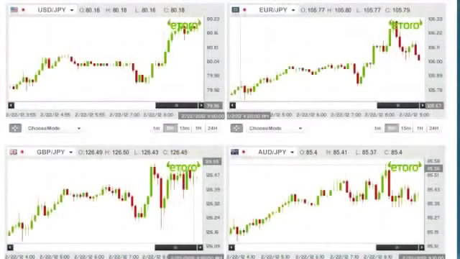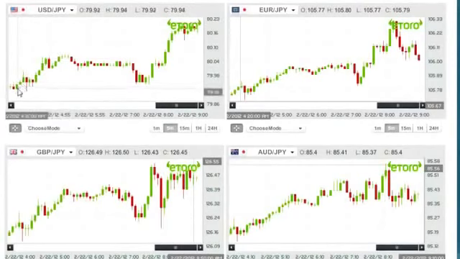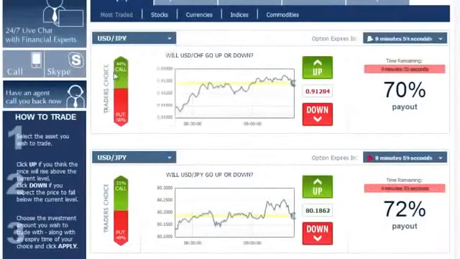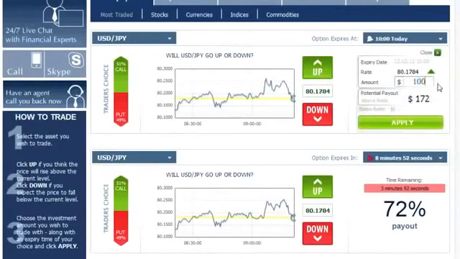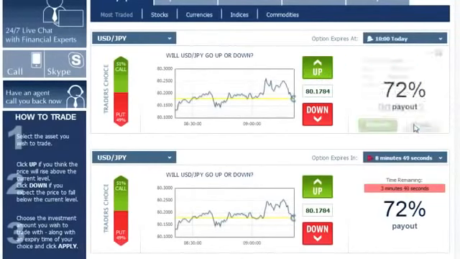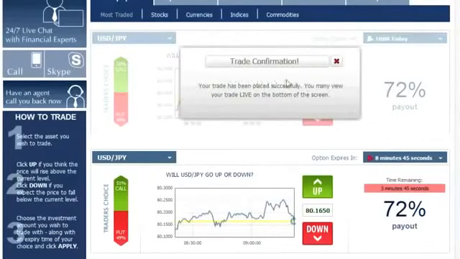Okay, we have here our first currency. This is the US dollar versus the Japanese yen. Now, as you can clearly see, its trend line is very positive and clear. We can see that it's going from this point all the way up here. So you can identify this as an upward going trend line. Now, since we have our analysis, we go back to the platform, we choose US dollar, Japanese yen, and we choose our expiration hour. Now, we're going to choose 10 o'clock, and since it's going up, we click up, and we enter $100. Then simply click apply and approve the option. Now, once you see the trade confirmation, you can exit and continue.